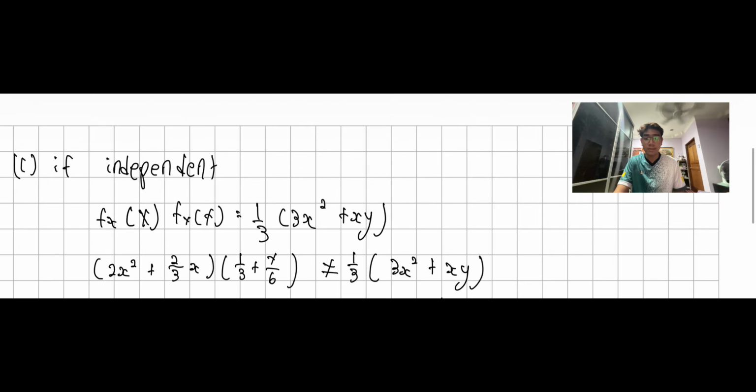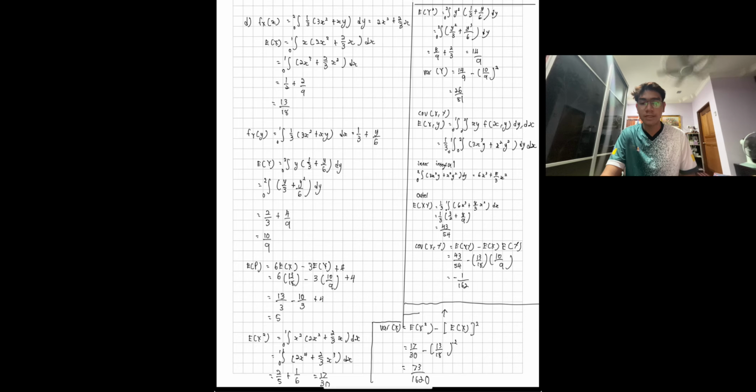For question C, to determine whether X and Y are independent, the product of their marginal density functions is compared with the given joint density function. Since f(x) times f(y) is not equal to f(x,y), X and Y are therefore not independent. For question D,